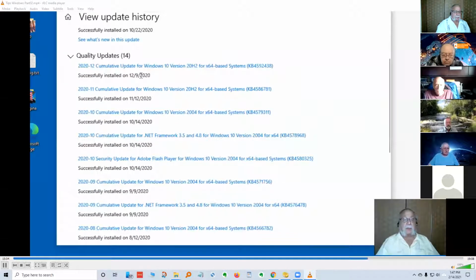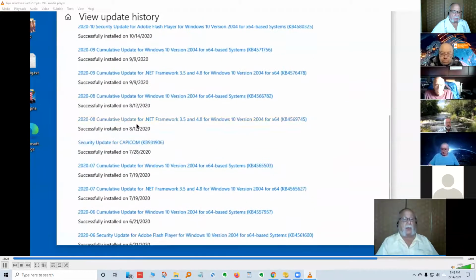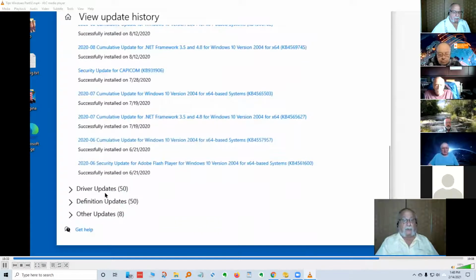And then there are quality updates. There happens to be 14 of them. And you'll see that they'll say successfully installed and give you the dates. If one didn't install properly, you will see it will say it's unsuccessful. You may have to go back and try it again, or you may see above it where it was successful, where it did try again, and it did get installed. So you want to check that every once in a while and make sure there wasn't an update that just didn't get installed. There are also driver updates, definition updates for your security, and some other updates,